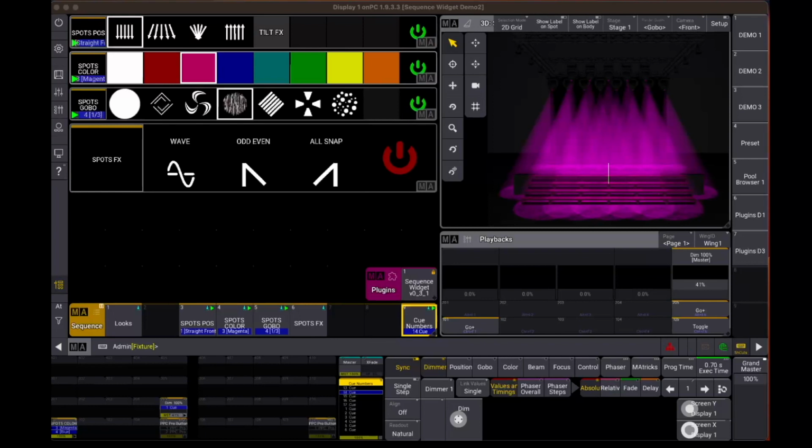Now, in conclusion, before I show you how to install and uninstall this plugin, I just want to say that it took a lot of effort to develop this plugin. It took a lot of synchronization behind the scenes between the layout view and the sequence in both ways. And this plugin actually doesn't bring new capabilities to MA3. I mean, you can do all of this yourself with macros and arranging the layout elements yourself. It just takes a lot of time to do it, and with this plugin it's so quick and easy and flexible